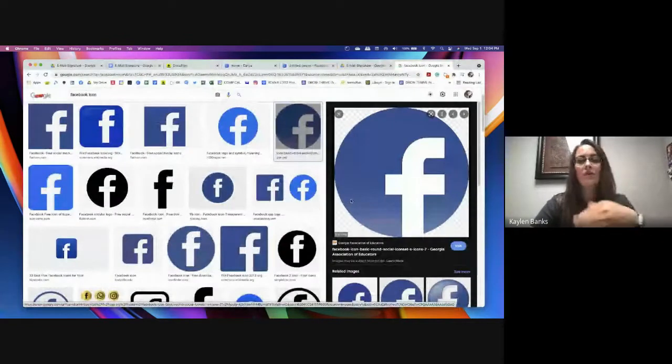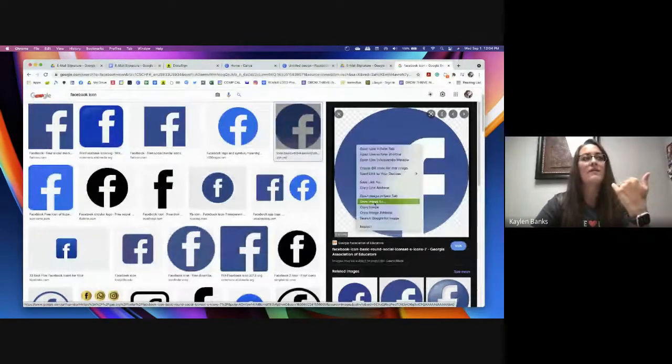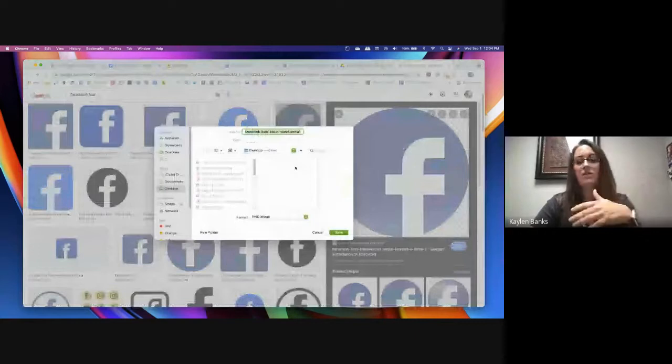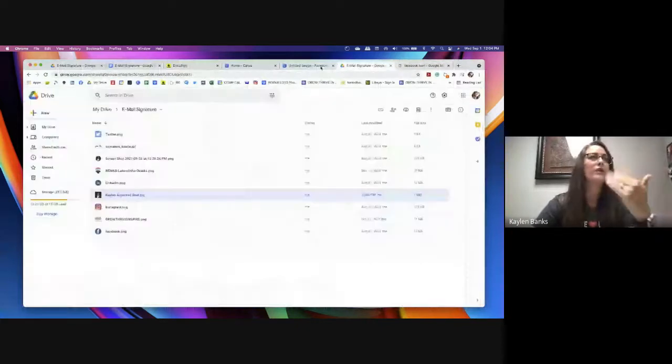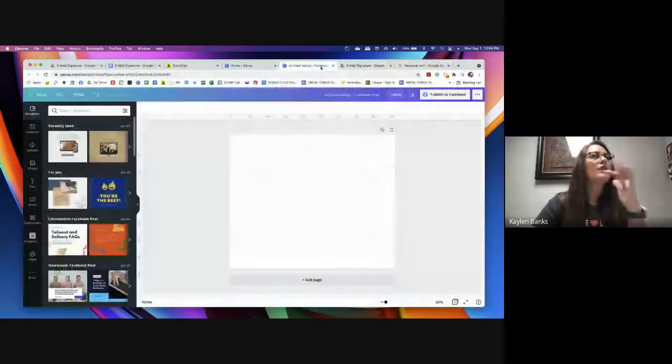So again, just find the image that you want to use, right click, save image as, and then save it to whatever folder that you are using, or drag it over after saving it to your desktop to that Google Drive folder. So the next thing that we want to talk about is we want to just start building our